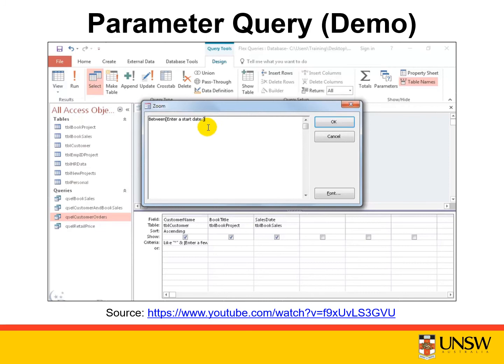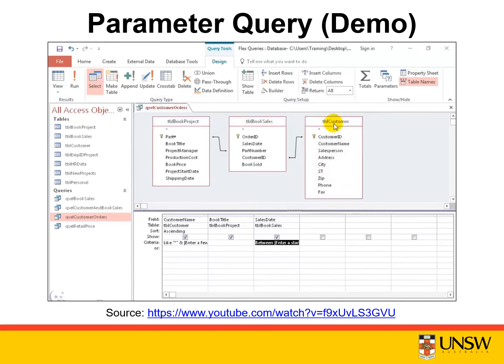That's not part of the coding because it's within the square brackets, but that's what I'm doing here. And then we'll type in "and" because it's got to meet this other condition. In other words, they have to enter a start date and an end date. So let's close square brackets, enter an end date, colon, and then close square brackets. Let's click Okie dokie, hit the tab key to make sure it accepts it, come up here,